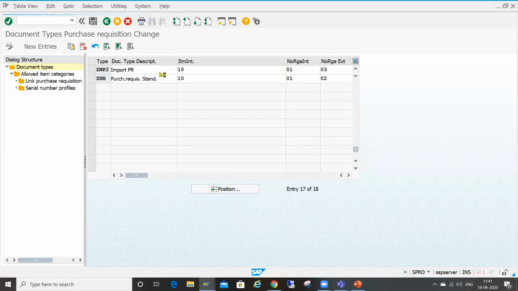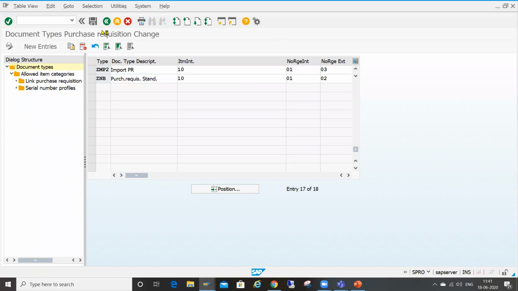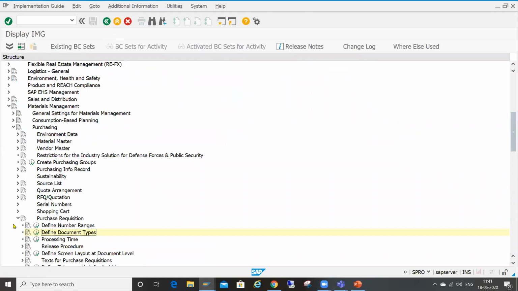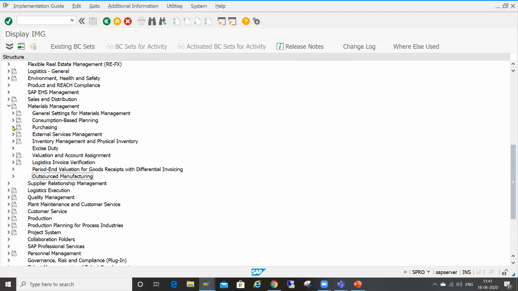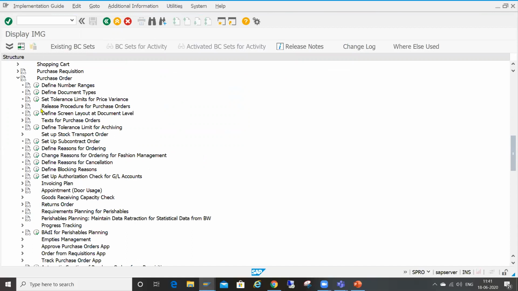Then I will create a document type for the purchase order. Define document type.